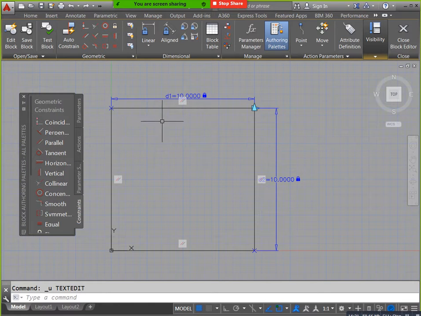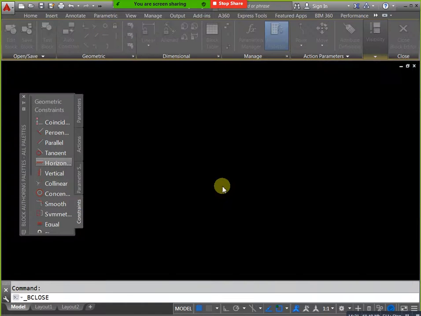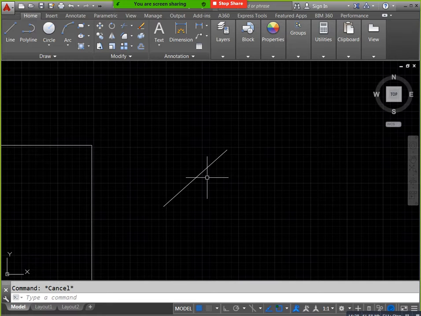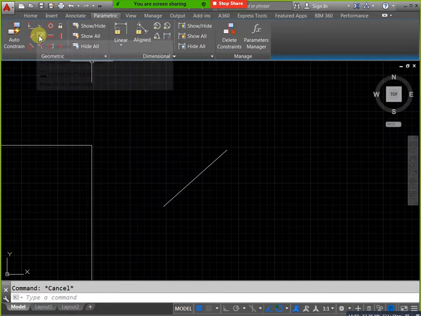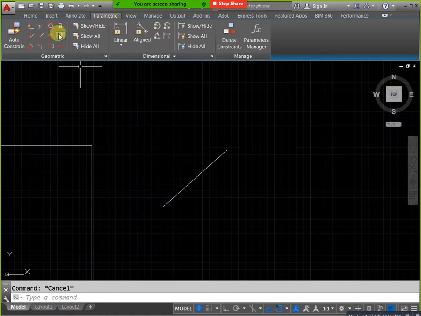Now I will take one small line here. For example, this is an inclined line now. I need to convert this line into horizontal and vertical directly. Actually we are using the rotate option for conversion purposes. Directly also applicable. Here we have parametric now. In this parametric we have constraints actually. If you need this one, here we have horizontal and vertical. If you need to change that one, directly you can select this one, click on it here, changing like this. Again come back once. I need vertical, you can select this one and apply like this. Based on your requirement, you can apply.